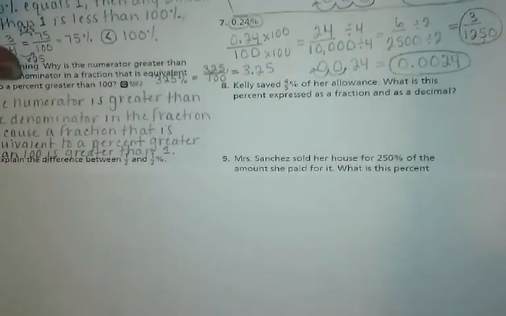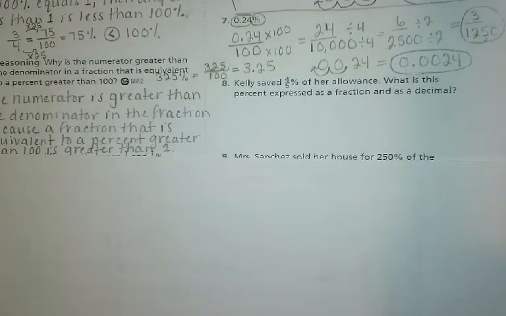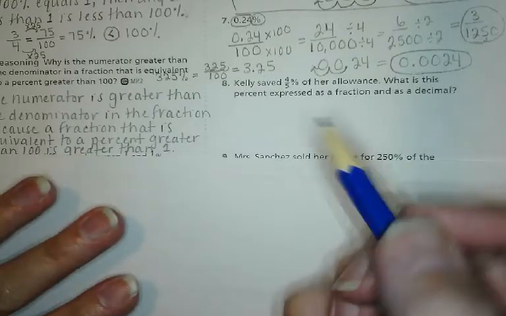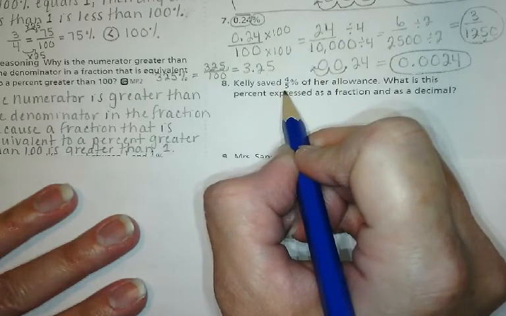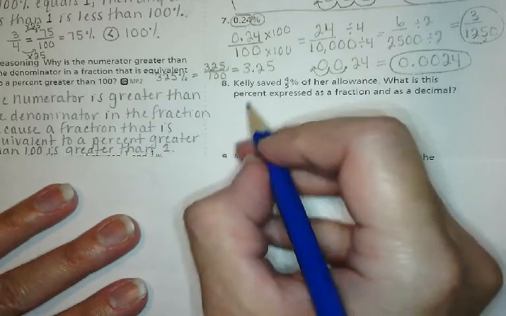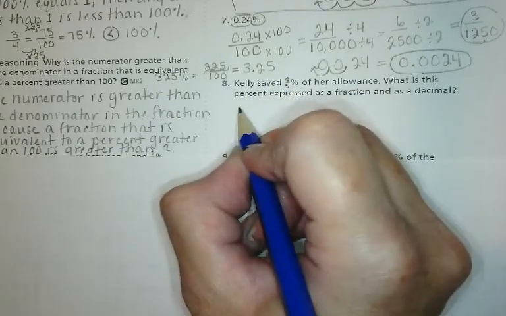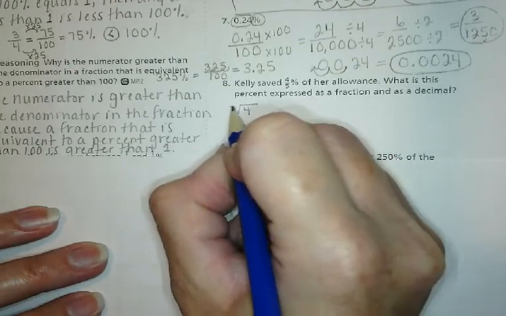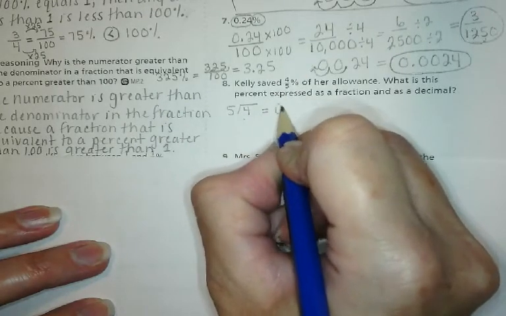Okay, question number 8. Kelly saved 4/5 of her allowance. What is this percent expressed as a fraction and as a decimal? So the first thing we're going to do is convert this 4/5 to a decimal. So 4/5 as a decimal, if you do 4 divided by 5 without a calculator, the division problem would be set up like that. That converts to